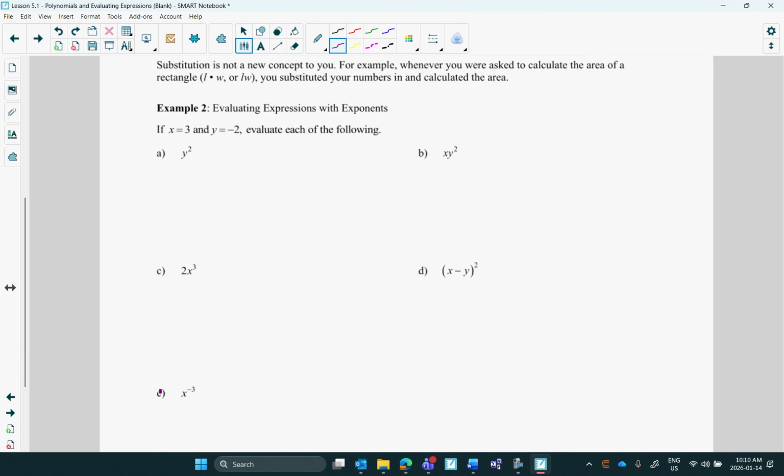First of all, you can cross out the... or not, because we didn't do negative exponents. So let's do a couple that have exponents in. So y squared. So instead of y, I replace it with, and this is why parentheses are important,